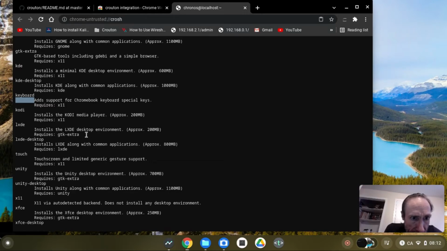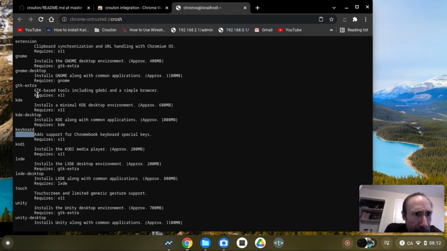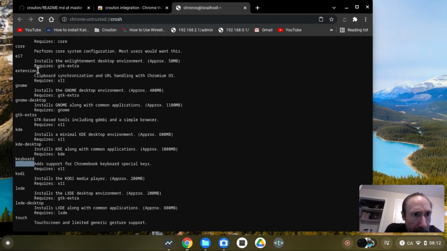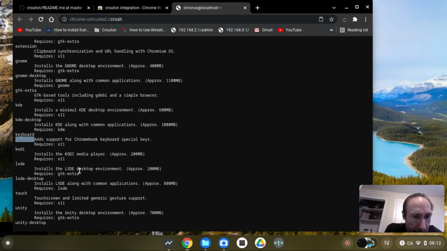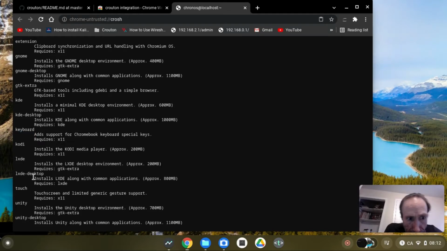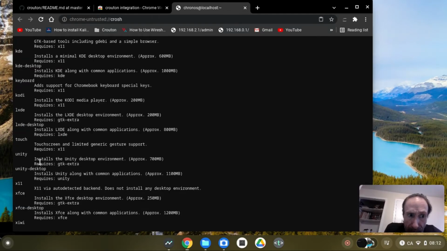The LXDE, I don't know what that desktop is. I think it has something to do with the Enlightenment E17, Enlightenment Desktop Environment. LXDE, I'm not sure. Anyway, I'm not gonna install that. Should I? Anyway, if I have problems, perhaps I will install it after. Touchscreen, okay, I don't have a touchscreen on that Chromebook. I cannot use my finger on my screen to point and click and things like that. I do not want to install the Unity desktop environment,